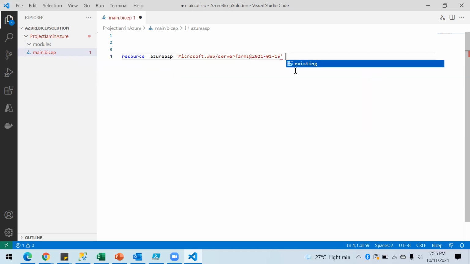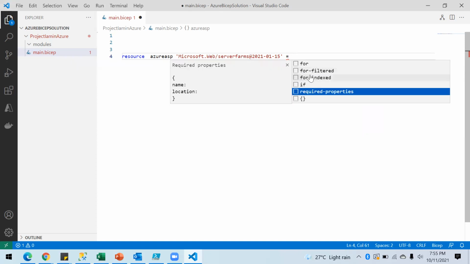Then if you put an equal sign, it will ask what you want. You can go with required parameters, or if you want to deploy based on conditions, you go for the if conditional. If you want to loop, like let's say you have some resources that you want to deploy multiple times, like the way we have copy in ARM, you can go for the loop.